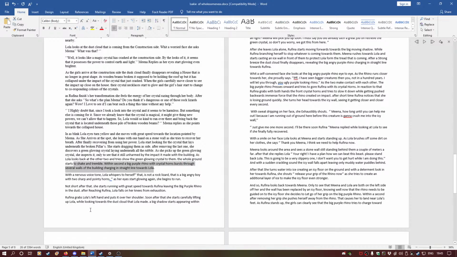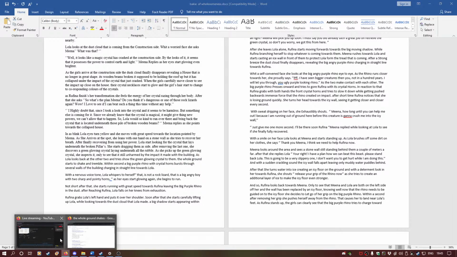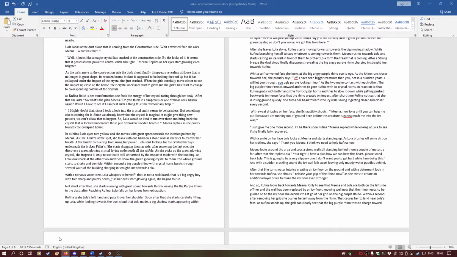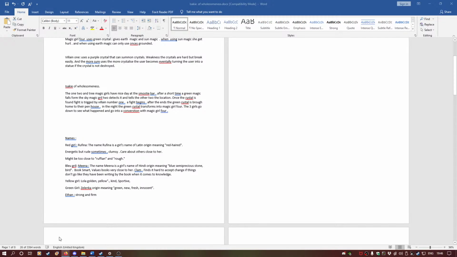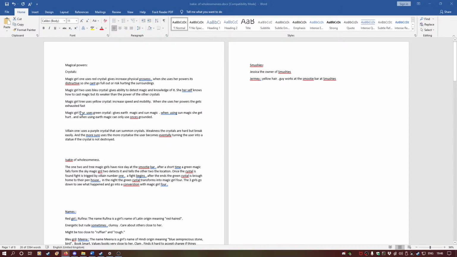Notice, by the way, he already has been striking down a couple of walls. The main problem with this rhino is that it is brittle. The crystal is brittle, according to the crystal itself. The major weakness of this crystal is that it is brittle, as stated earlier with the purple magic. Villain 1 uses purple magic to summon crystals. So the major downside is that the crystals are hard but break easily. So after a couple of hits on the rhino,